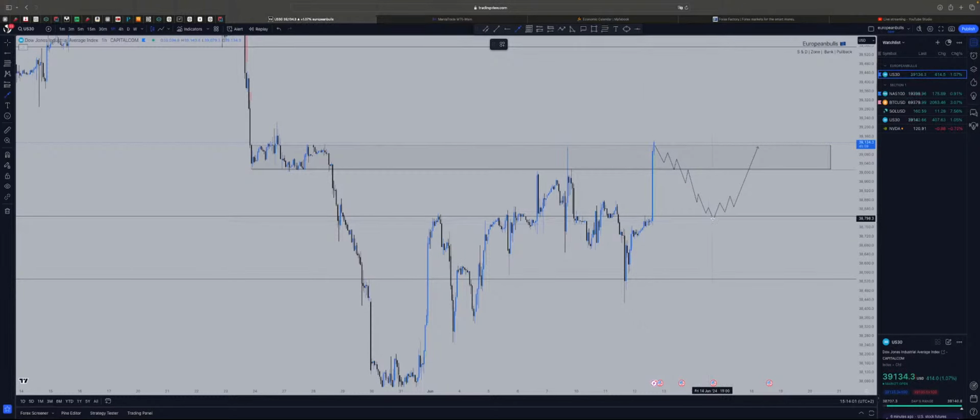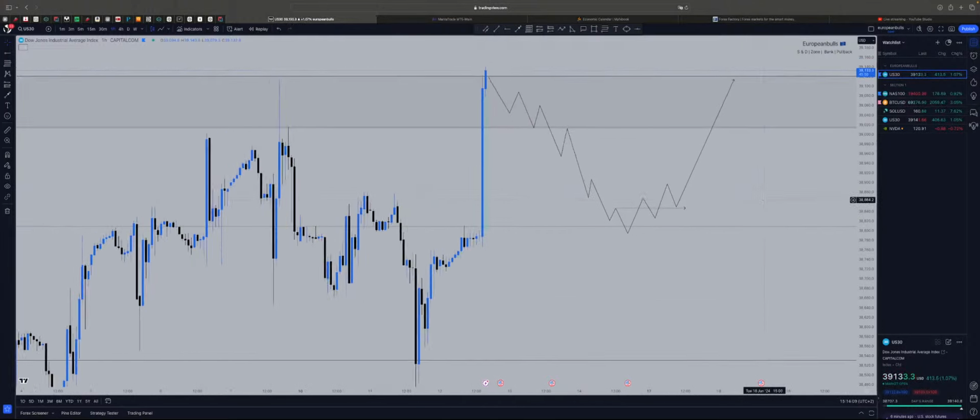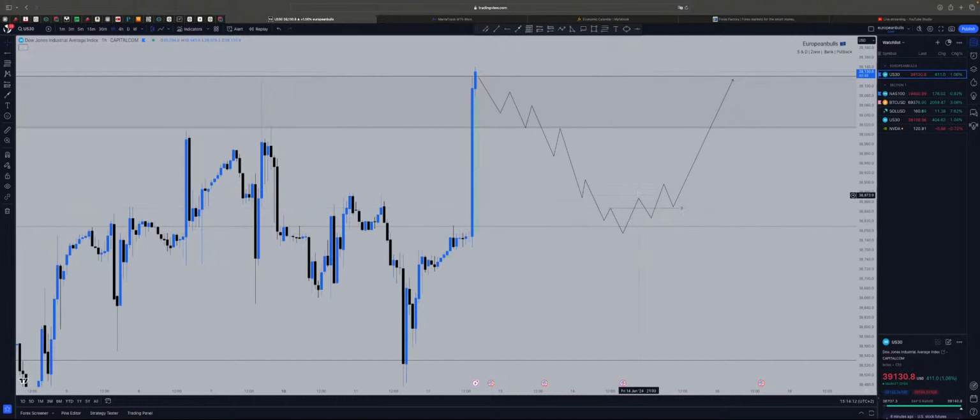When the price corrects from here, you would want to see a structure break. I would just zoom it down so that you could see. You would like to see a structure break from here, so it has to clear the lower high from before and make a higher high, like this. You would like to see something like this. Otherwise there's no point in entering.